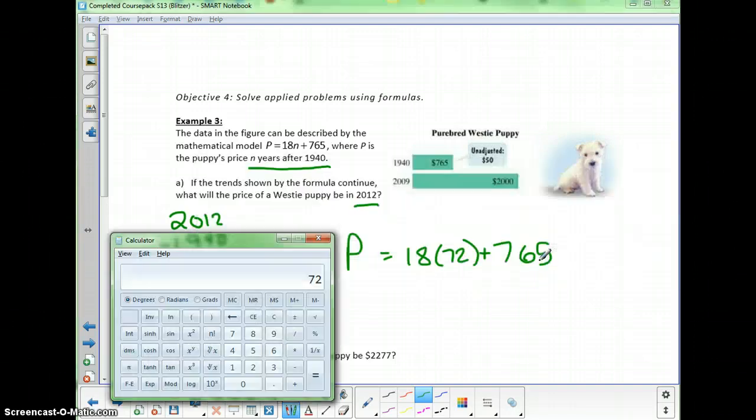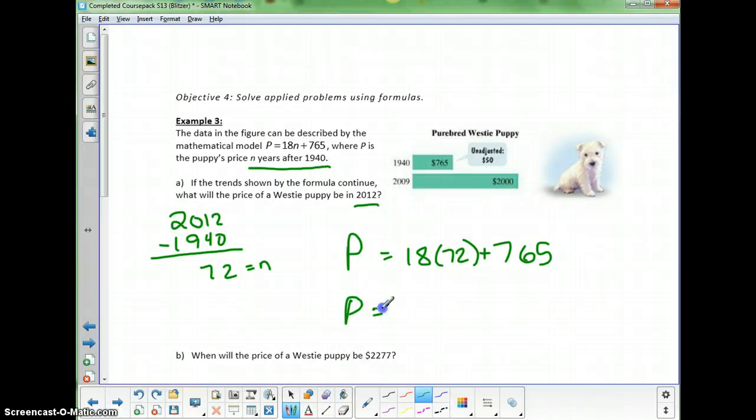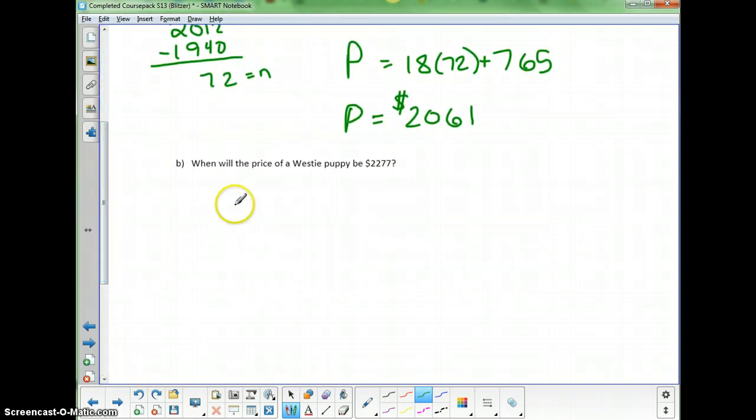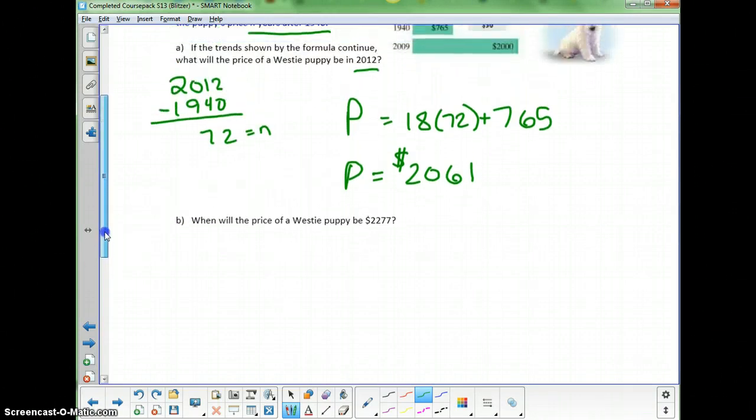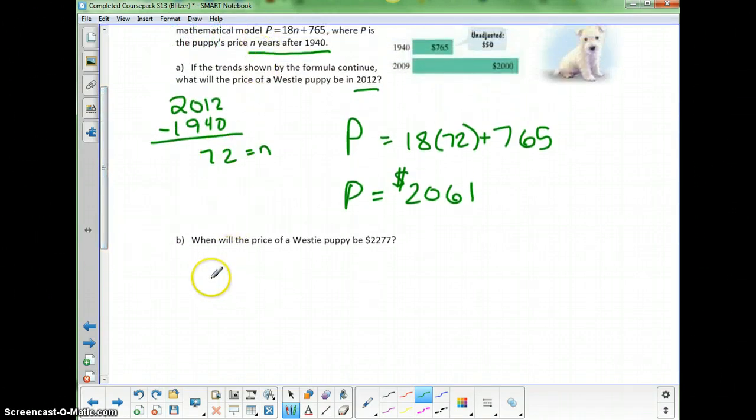So back to the calculator. 72 times 18 is 1296 plus 765 is 2061. Yep, 2061. So in 2012, a purebred Westie puppy would cost you $2,061 according to this model. Part B, when will the price of the puppy be $2,277? Okay, so looking back over here at my model,